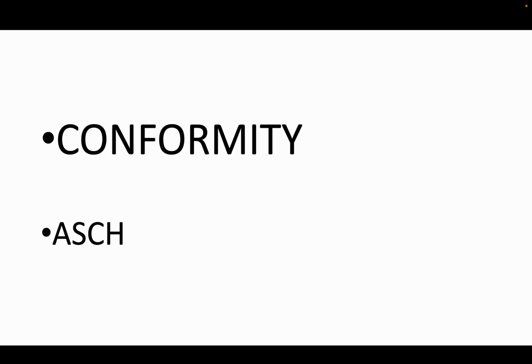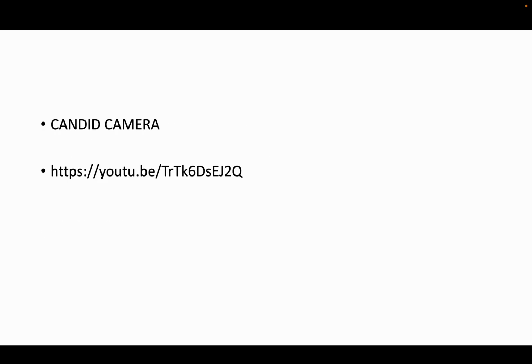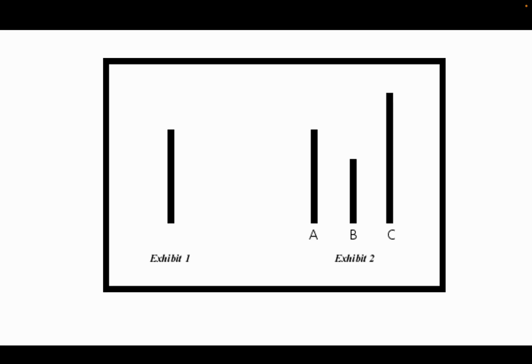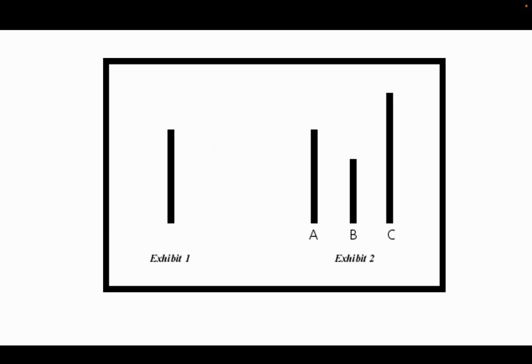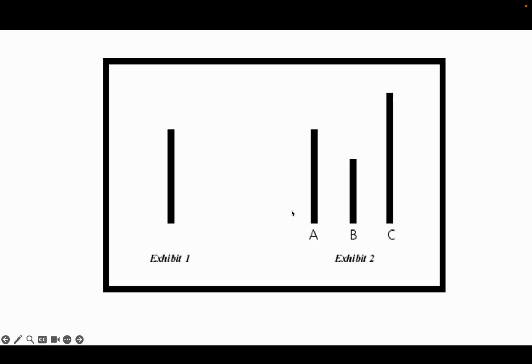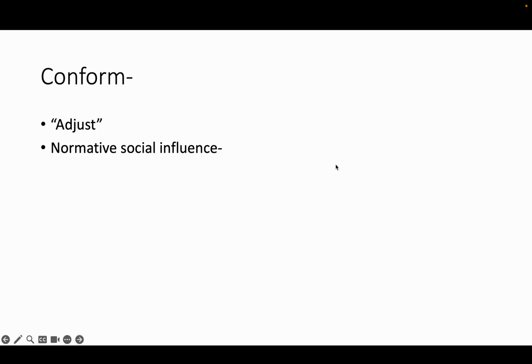Okay, conformity, the big experiment is Asch. Know this one well. Read about it. Know it really, really well. He did an experiment with these lines. And basically, it was a very easy task here. Which of these lines are the closest to these lines A, B, or C? What happened was they had confederates, actors in here, working with the researcher, and people would start saying the wrong answer. And what they discovered was people actually changed their answer to fit in, okay?